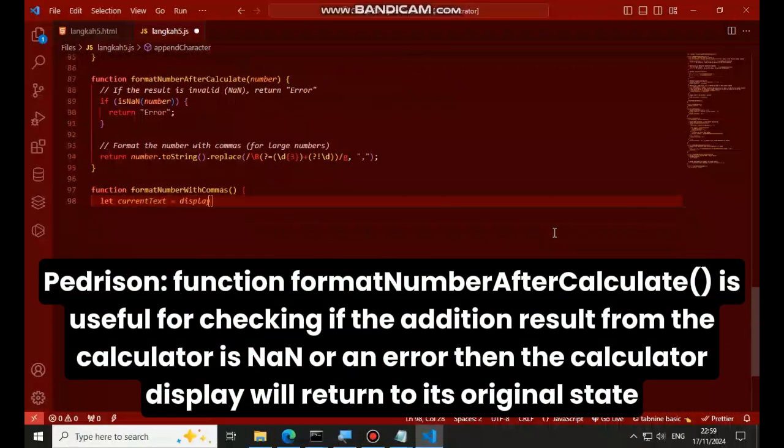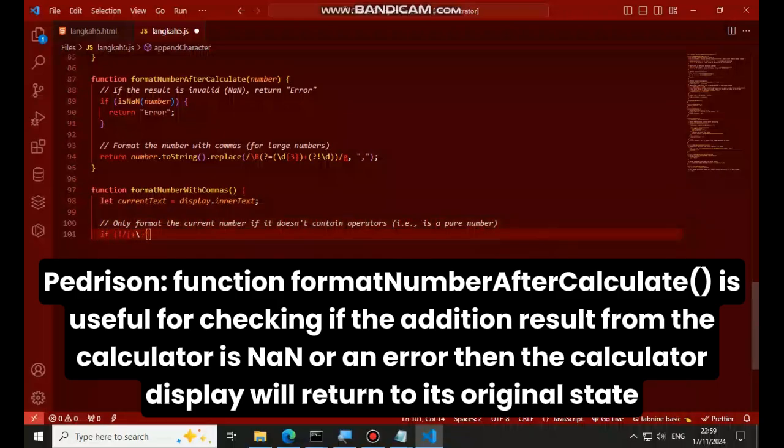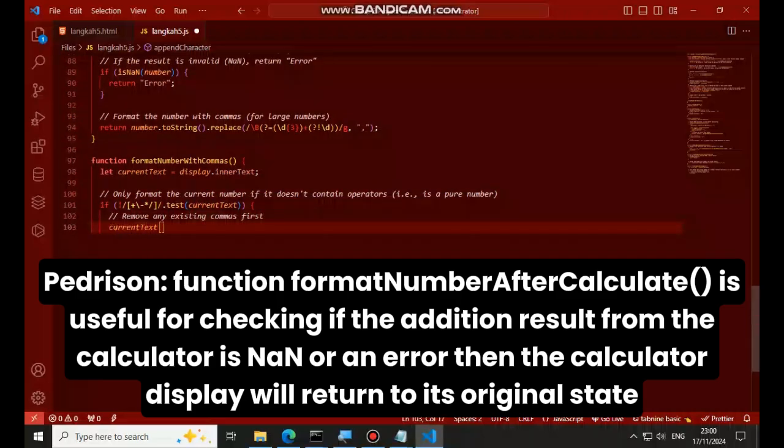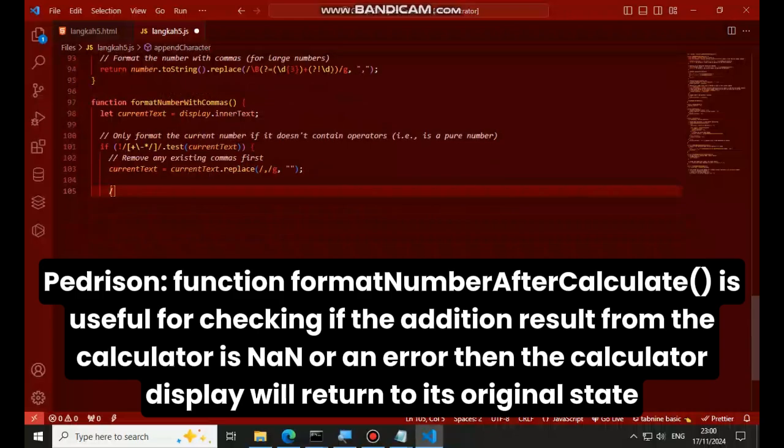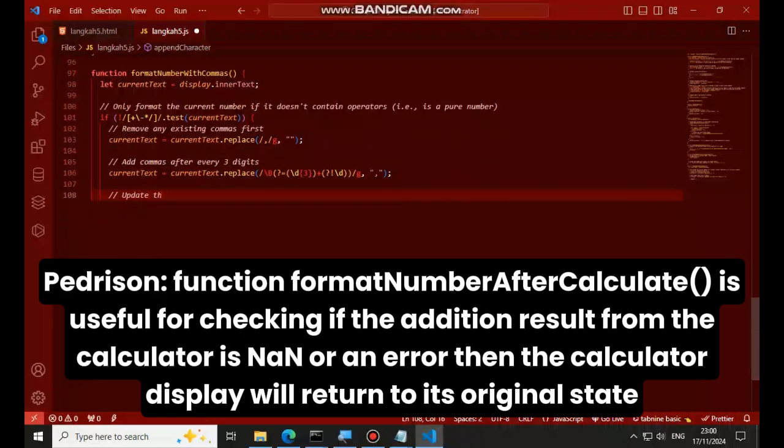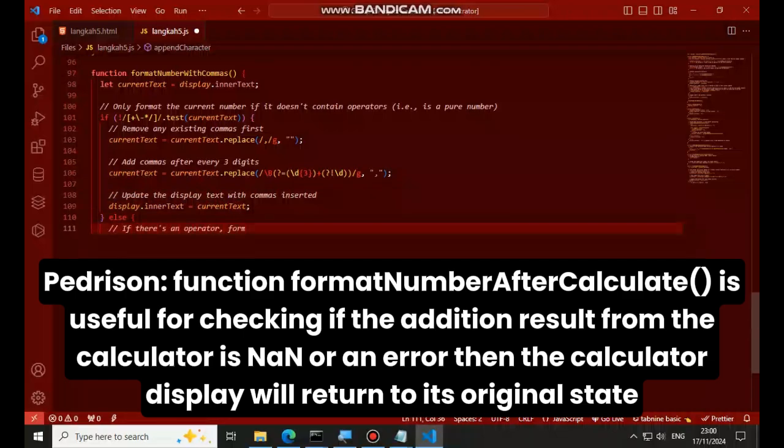Function format number after calculate is useful for checking if the result from the calculator is none or an error, then the calculator display will return to its original state.